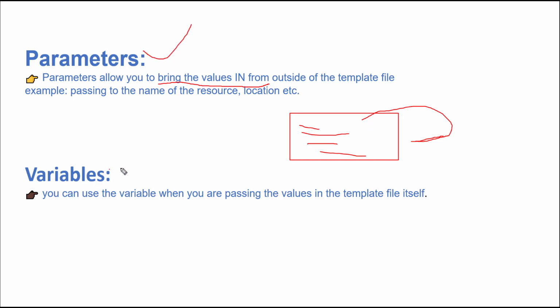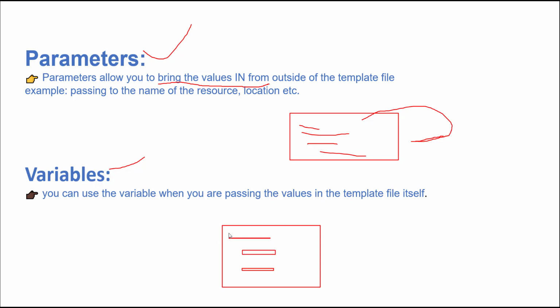Now let's talk about the variable. You can use a variable when you are passing the value within the template file itself. For example, if your organization requires a particular type of resource to be spun up, and you want to pass those values as a default value for your template, then you can utilize those values as a variable.